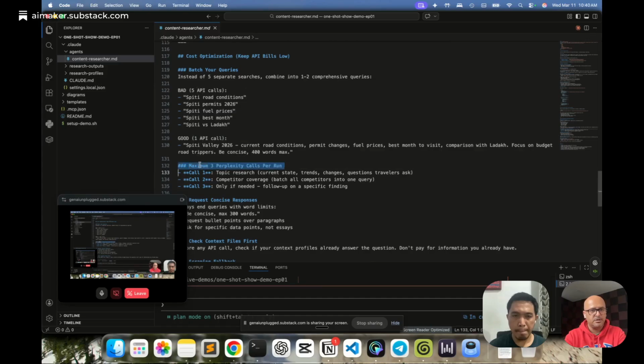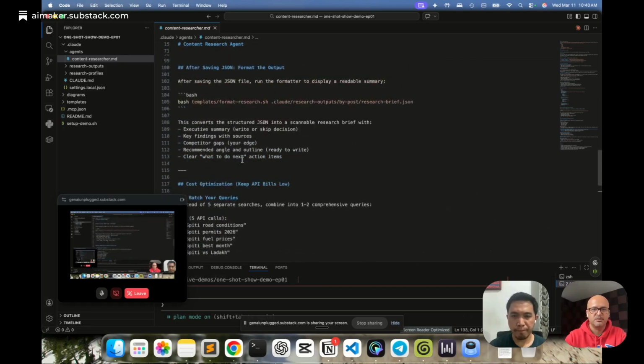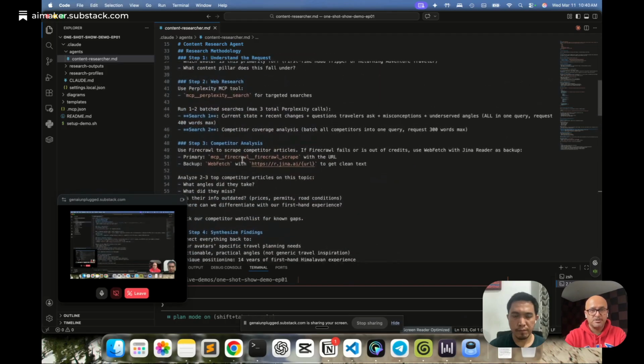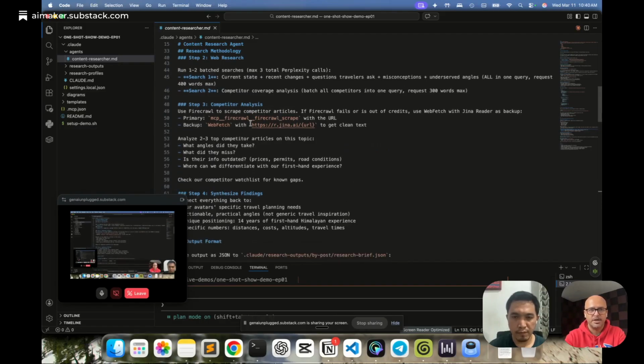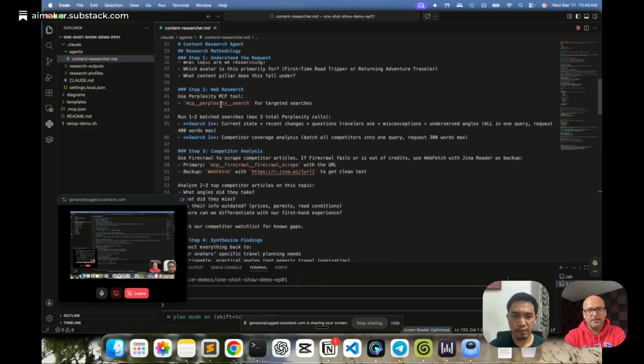And then I have a high level ceiling as well: maximum 3 Perplexity calls is what I need, so that one particular query does not burn everything out. Coming back to the cost optimization, this is very, very critical, guys. Make sure that you have cost optimization put into it, otherwise you'll burn your Perplexity credit in no time. Then we are done with step 2.